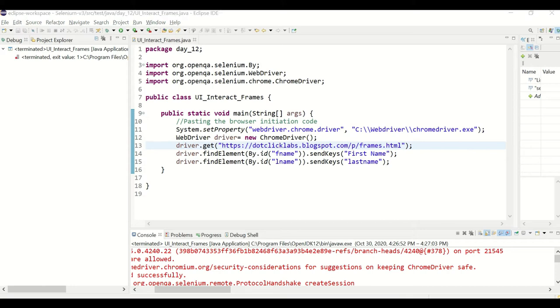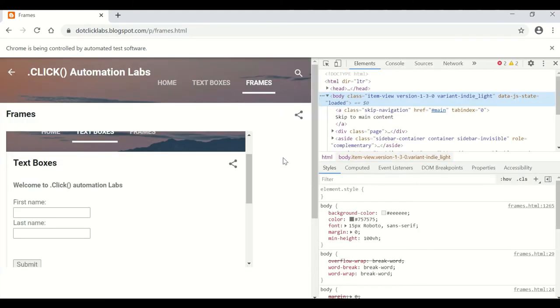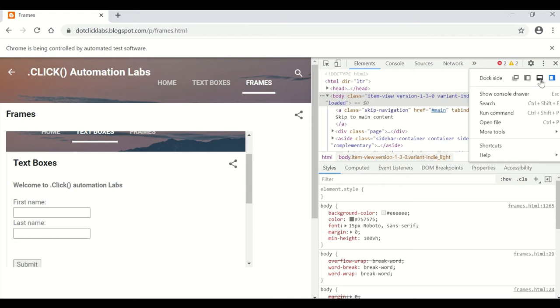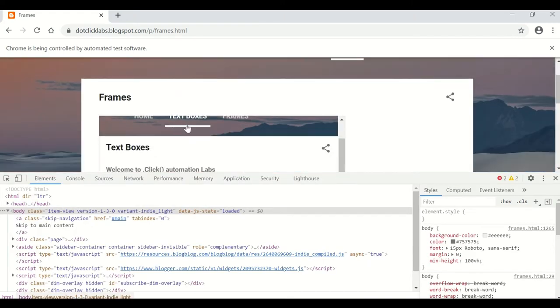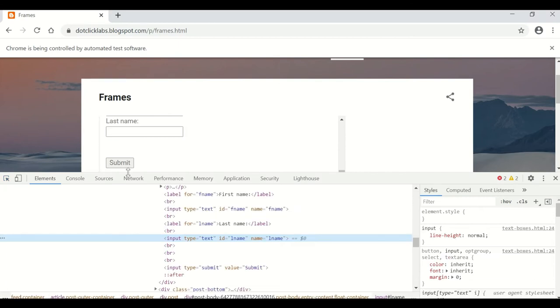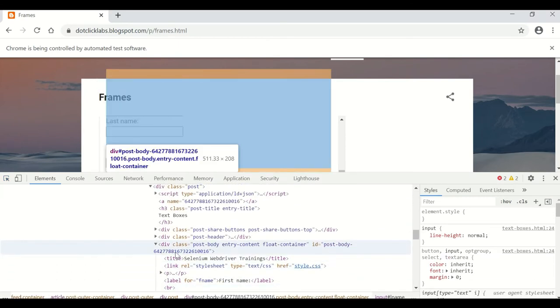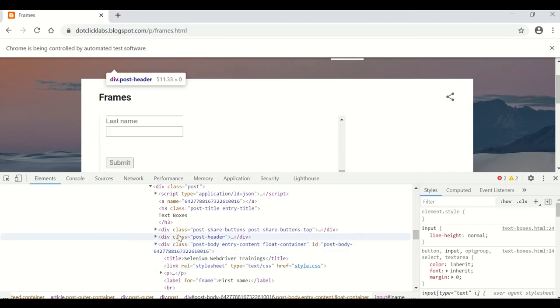So why this issue? What is the issue? Just have a look at it. First check your properties. And see, we gave the right property, L name. But let's check, do we have any frames available in this?